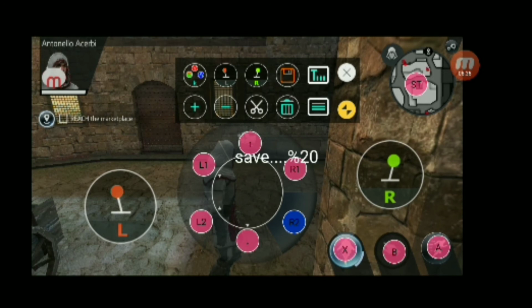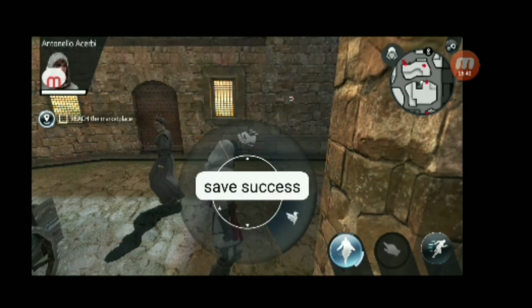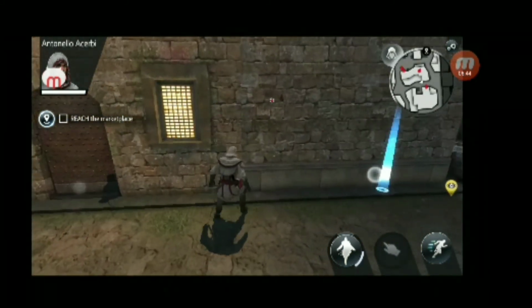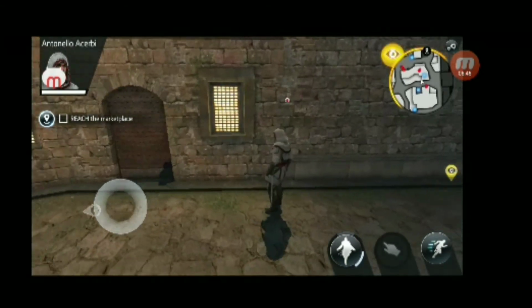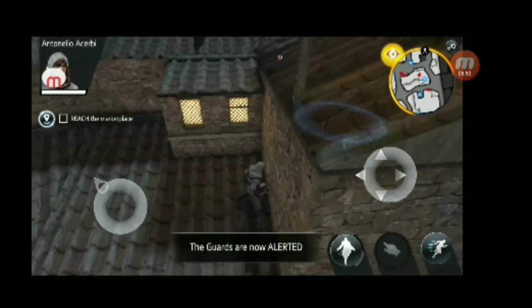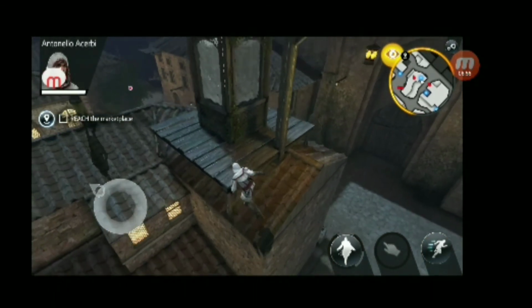Are completed. Click on save button. Okay, you can see I can also use the powers by clicking the respective buttons. I can play with my controller very smoothly while playing.